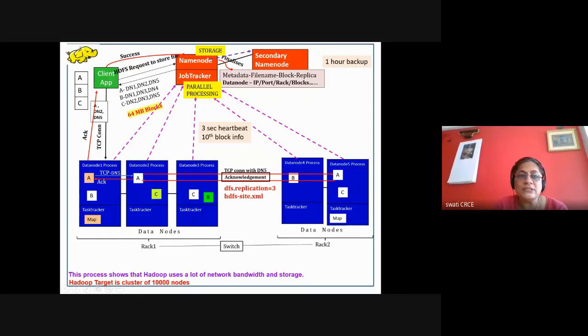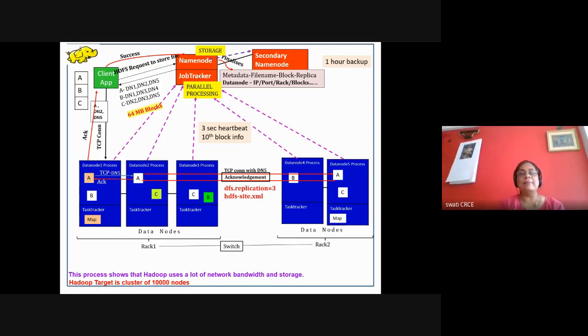It is not compulsory that the name node and job tracker, which are processes, run on the same machine. But in most cases, for a simple architecture where we run our programs or when we are learning about Hadoop, we will have both processes on the same machine. Just try to understand.